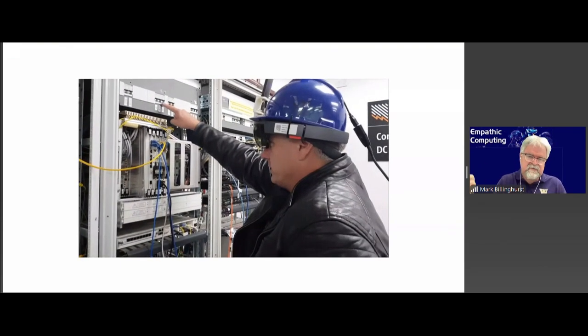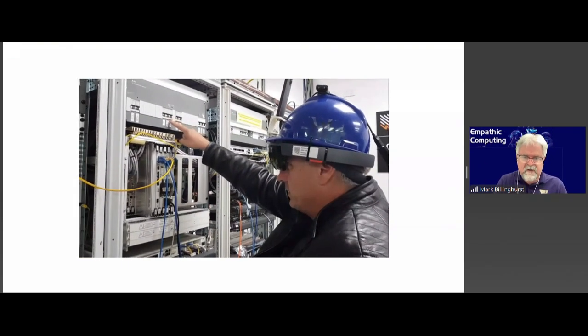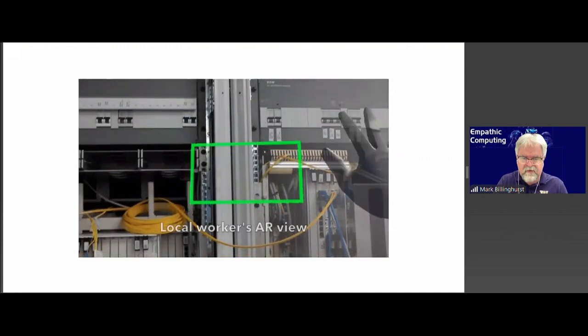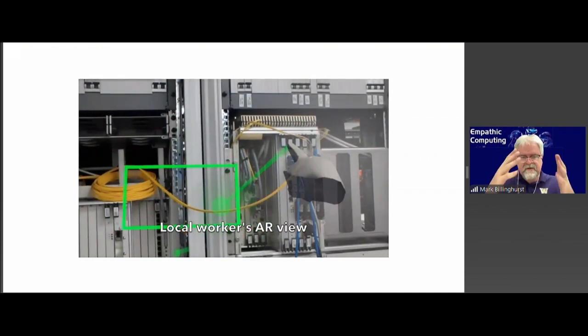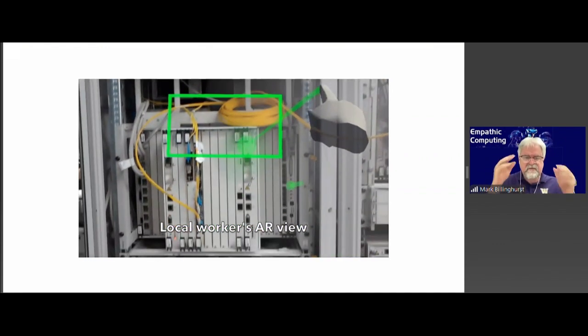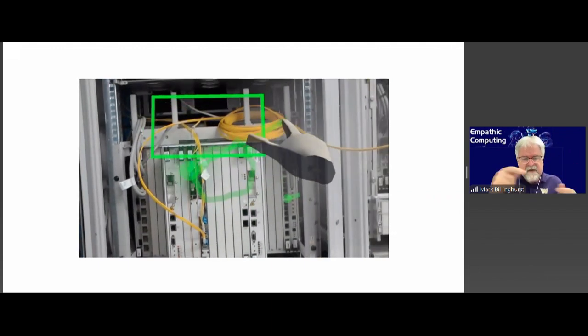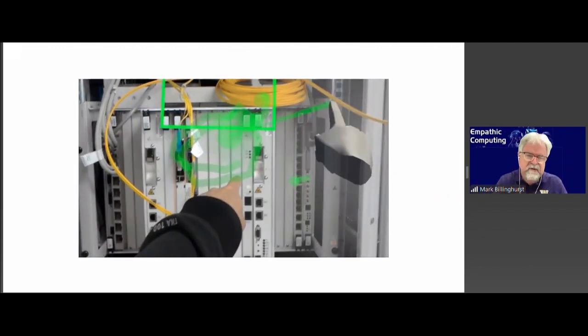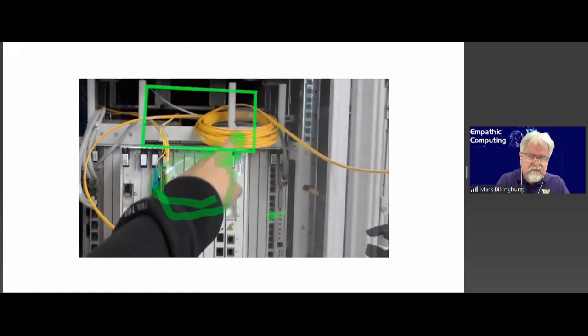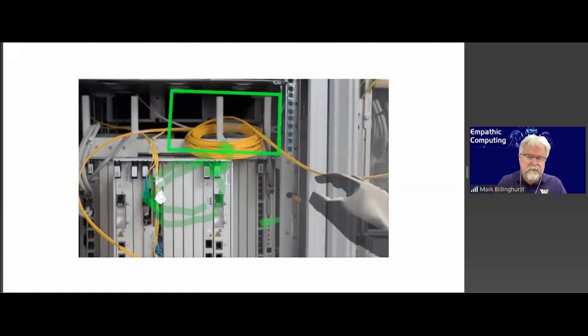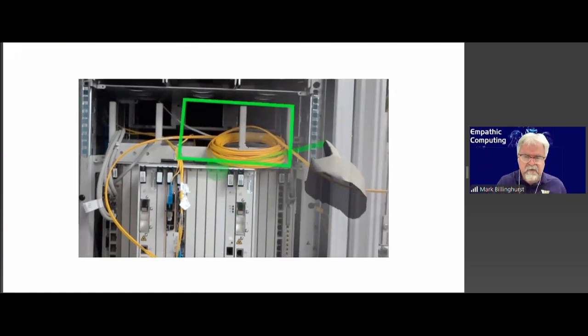We live streamed the camera view to a remote person, and then inside the AR display, he sees the remote person's hands appearing in his face, pointing at objects, and of course they can talk to each other as well. He's also seeing a green square. The green square shows where the remote person's looking because now they can look wherever they want.